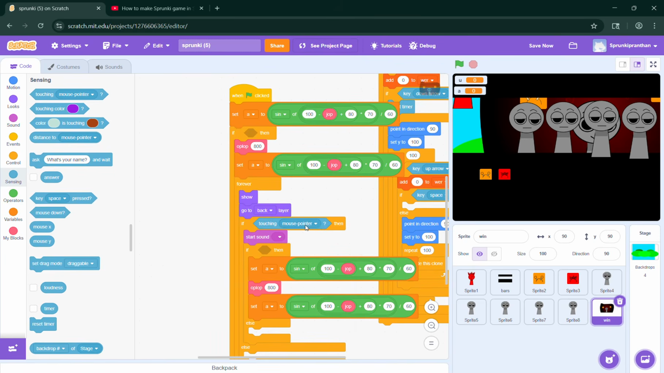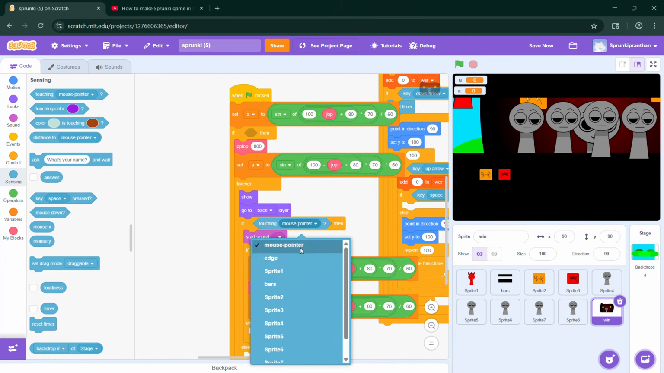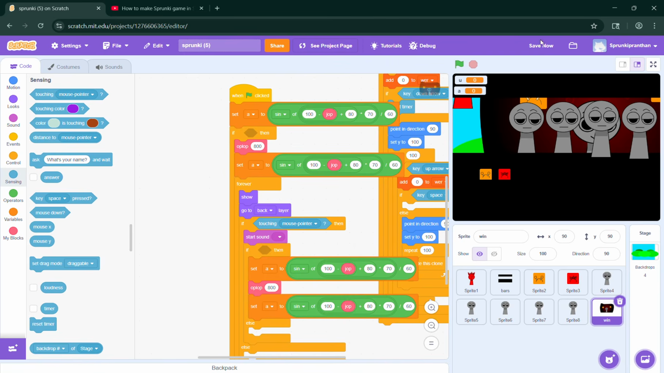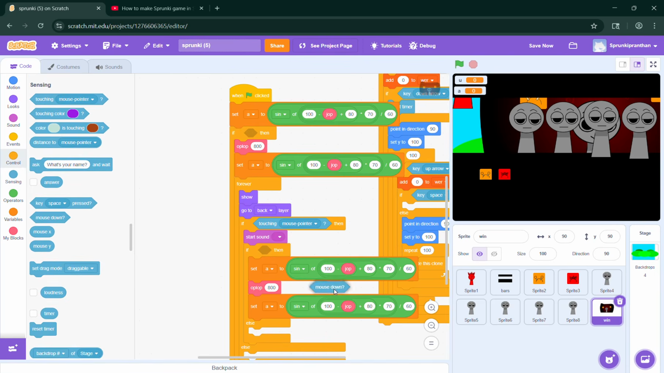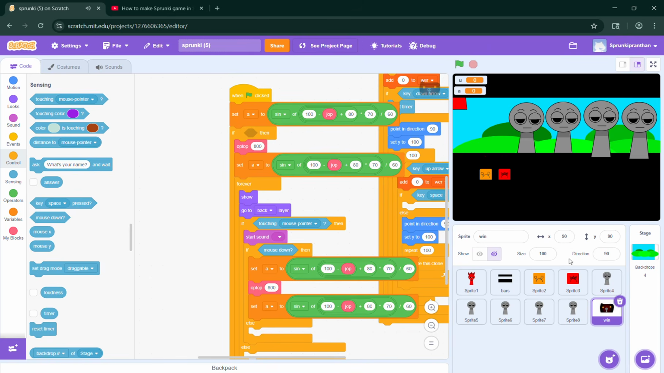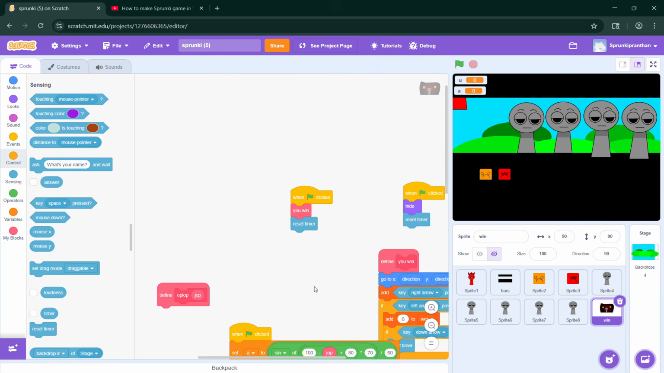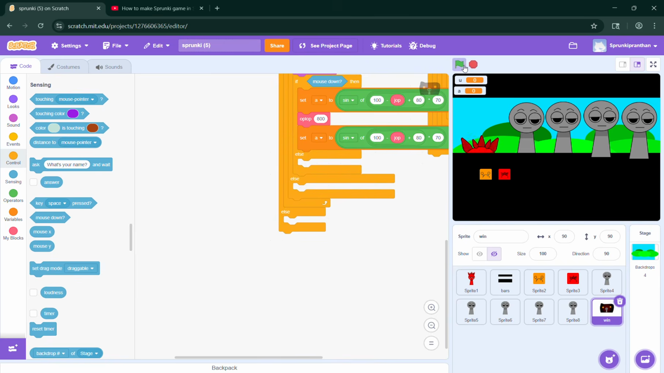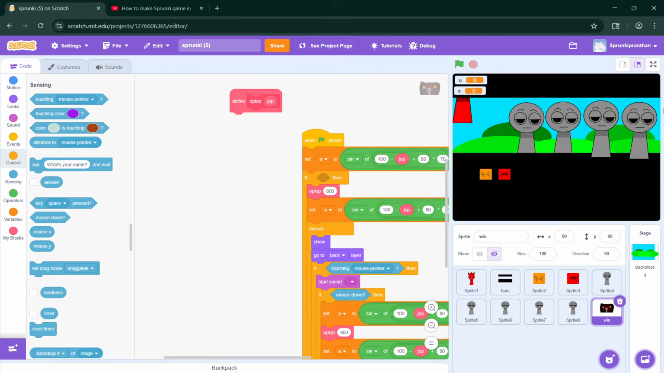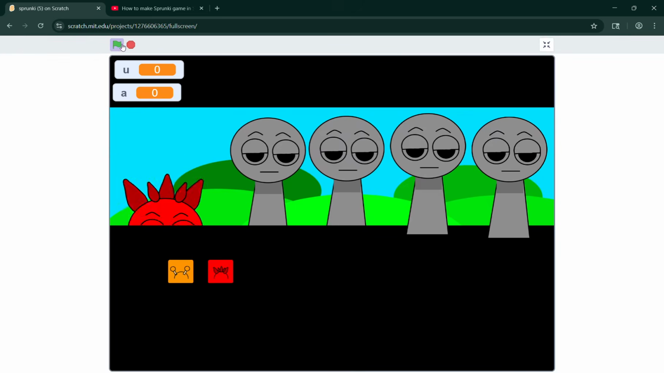And touching mouse pointer, and mouse down. Now let's see. Let's see if it worked or not. So whoever wins the game